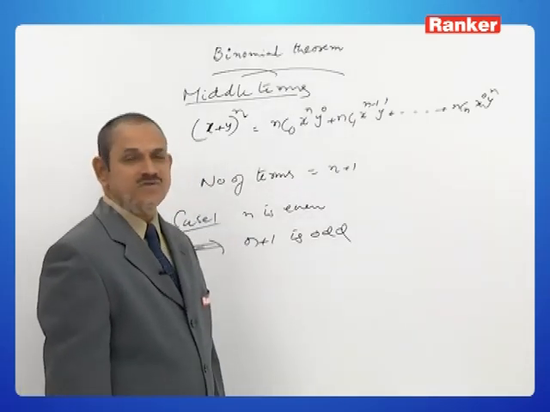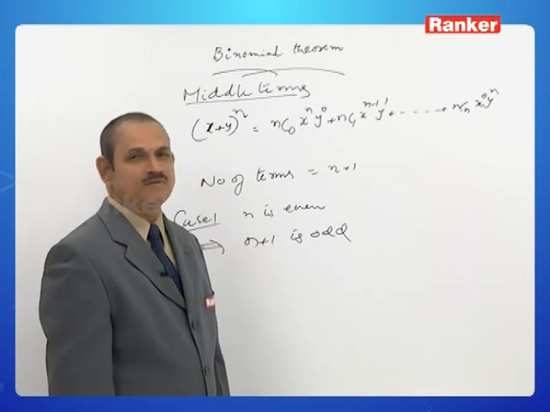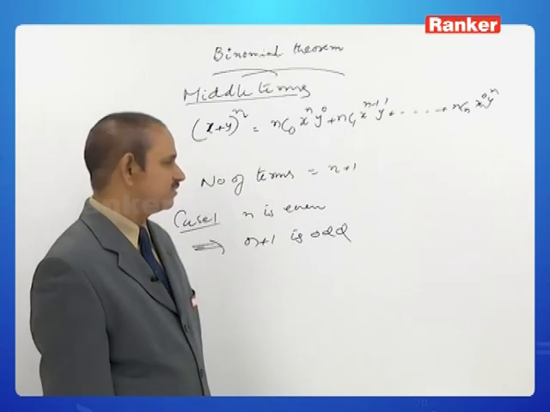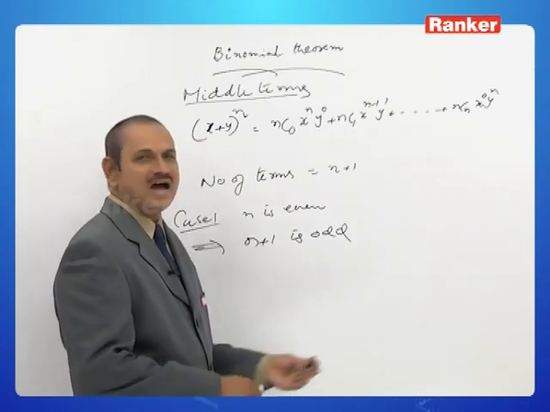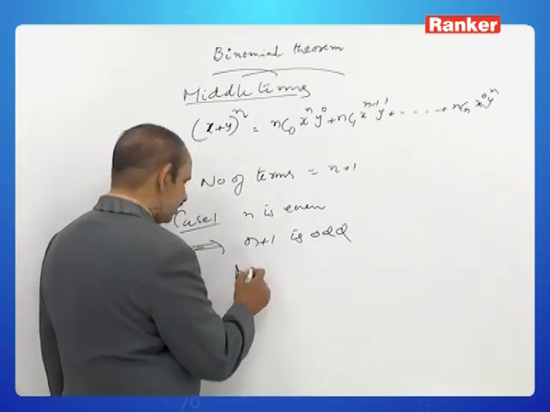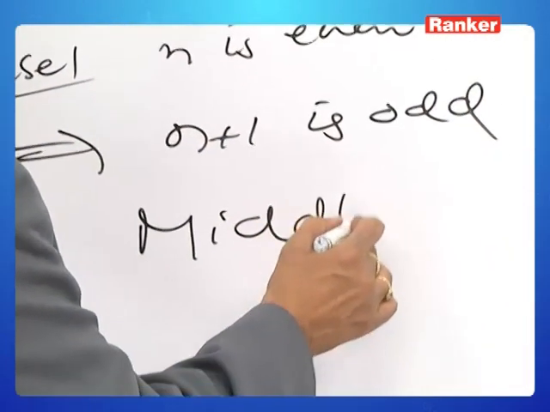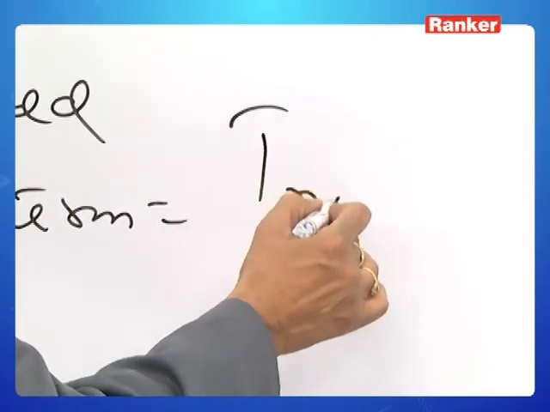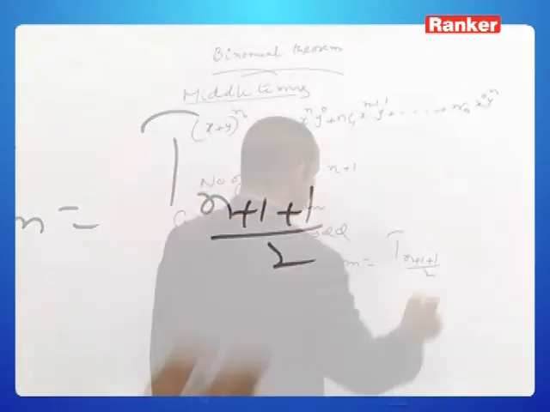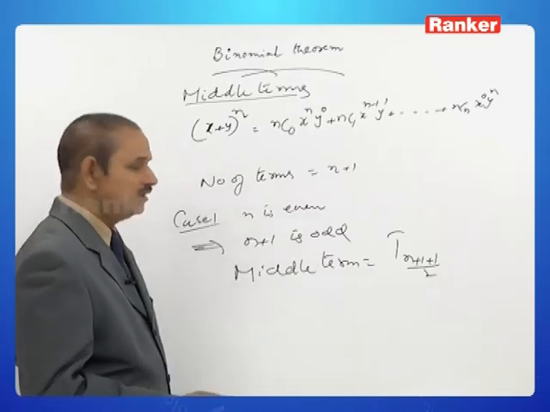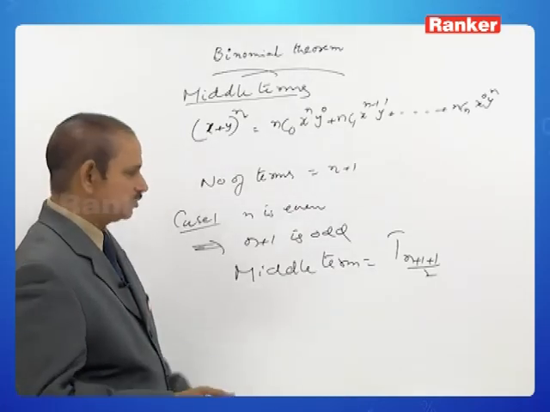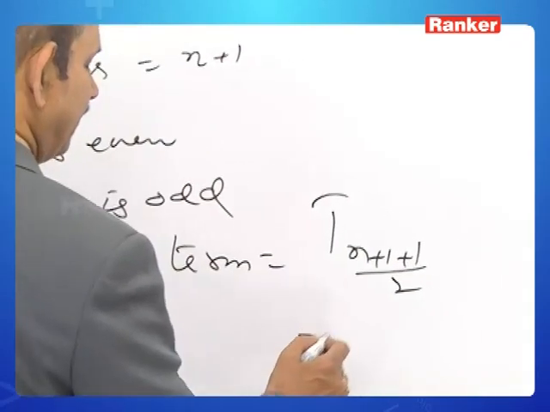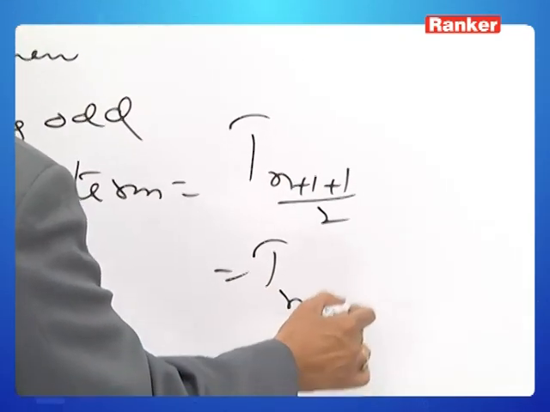Suppose there are 15 terms. What is the middle term? 15 plus 1 by 2, that is 16 by 2, that is the 8th term is the middle term. Here n plus 1 is odd. Therefore, what is the middle term? Middle term is equal to T of (n plus 1) by 2. As n plus 1 is odd, n plus 1 by 2 is a whole number. So, T of (n plus 1) by 2, that is equal to T of (n by 2 plus 1), is